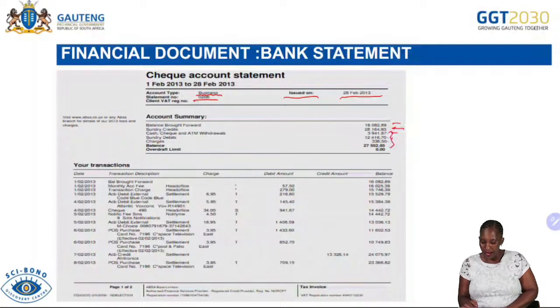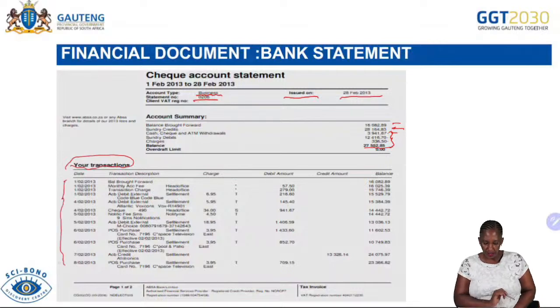Now we have the balance, which is the closing balance. Now how much is left in the account, which is the closing balance? Does this person have an overdraft limit? No, it's 0. And then when you go down now with your transaction here, it has the date